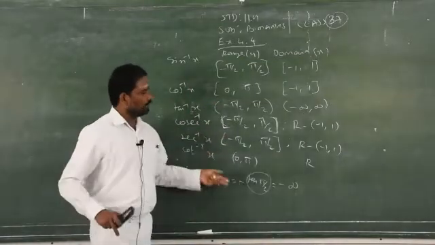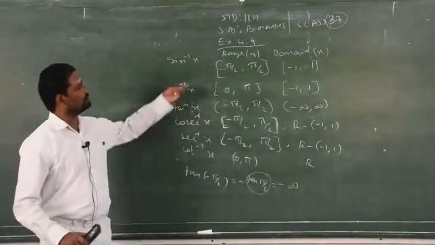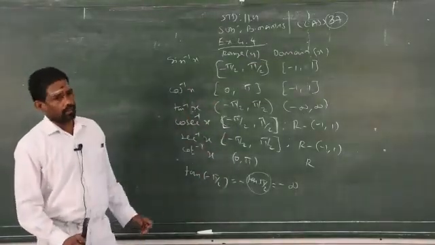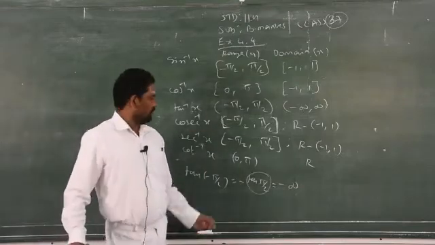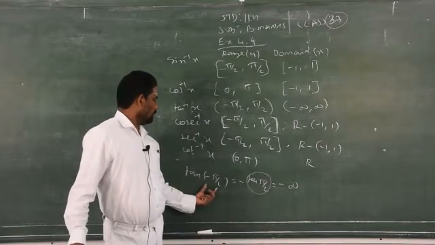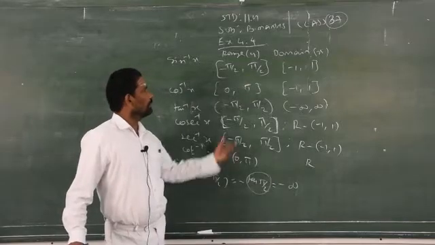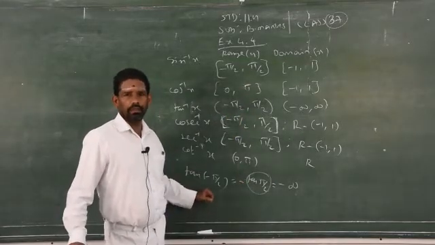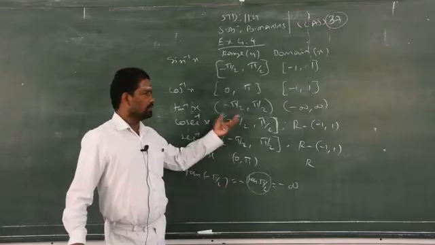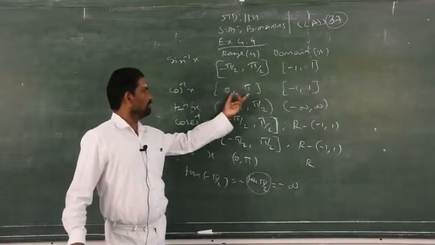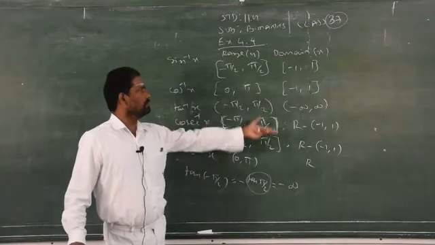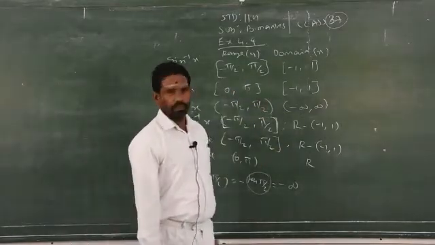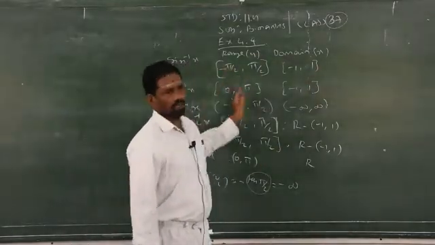So you have to memorize this range and domain because they will ask in 1 mark questions. These will come only in 1 mark questions. Just for explanation purposes I showed how you find the domain when the range is given, with the help of tan theta. Clear? It is not necessary to replace all the x values by 0 and pi to find the domain. So, domain to range or range to domain.